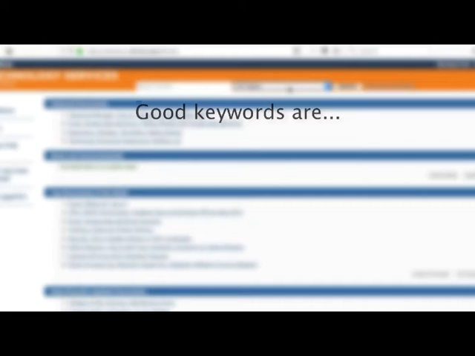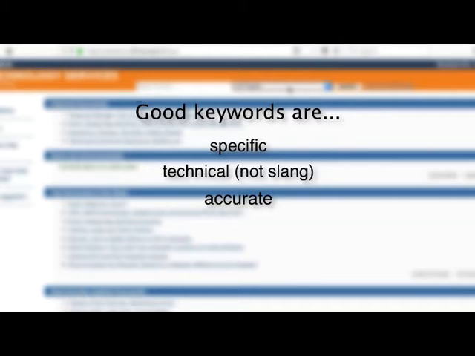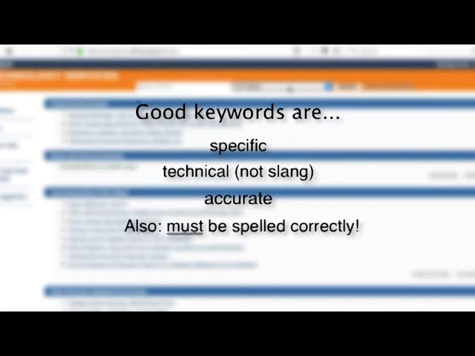What's a good keyword though? You want your keyword to be specific enough to return mostly relevant results. You also want a keyword that was likely attached to the article by the person who wrote it, that is, a technical writer. Think about which words are accurate and factual, as well as specific to your problem. Product names are a great place to start.